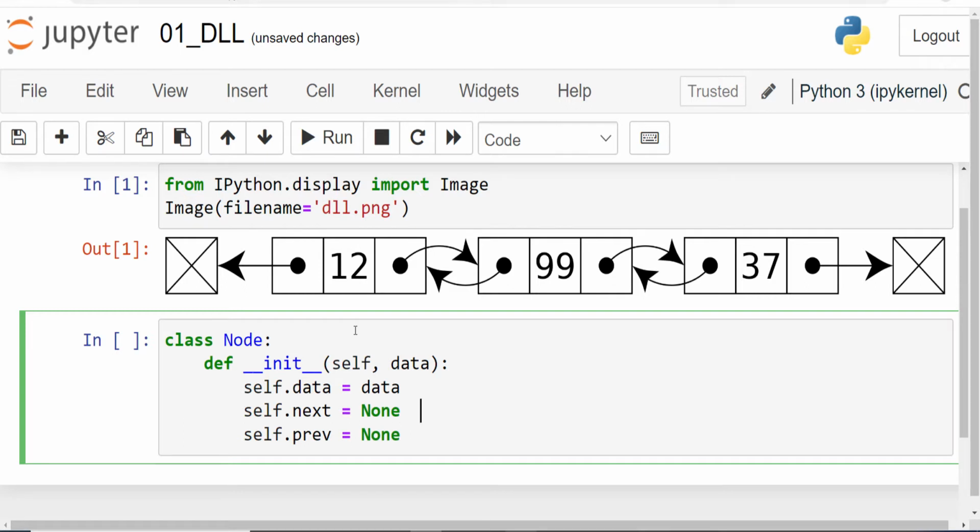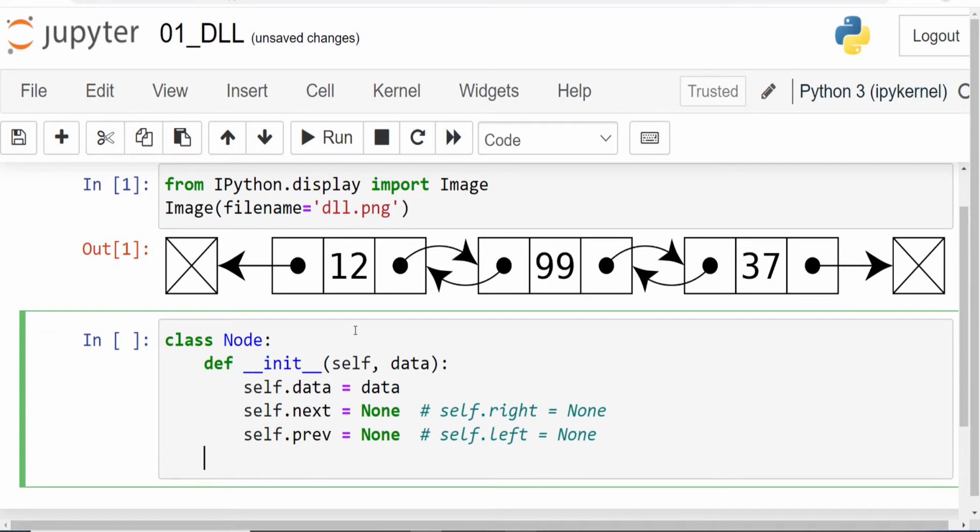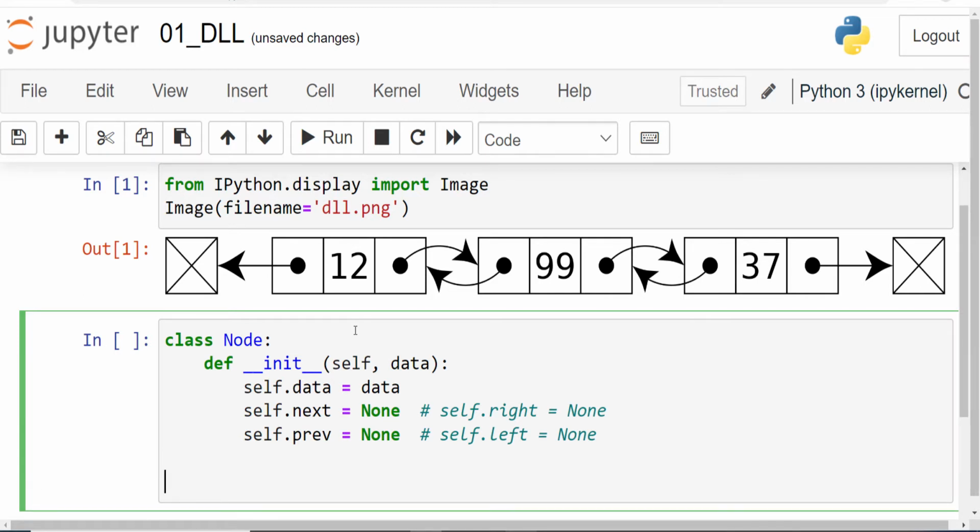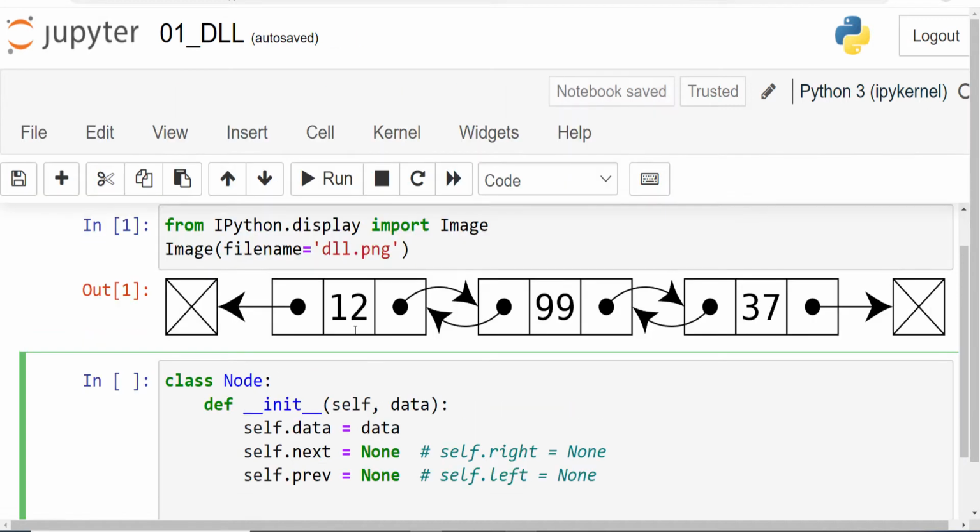And finally, we are going to say the other method of programming, self.right equals None. So in case you find any code online that is referring to this next node as right, then you can actually use this sort of coding convention, and left equals None. So this is how we can define an init method for our node.